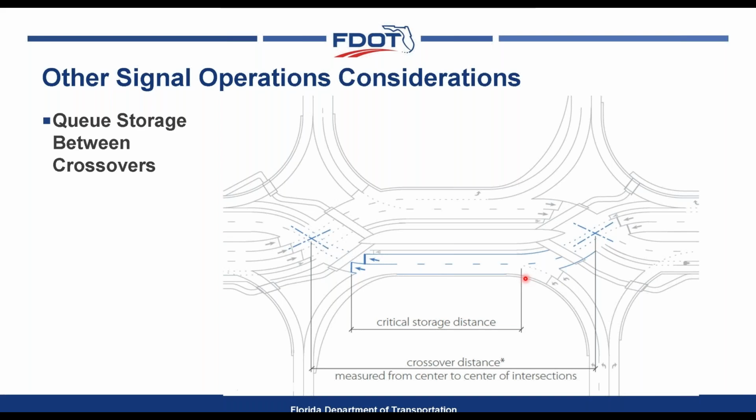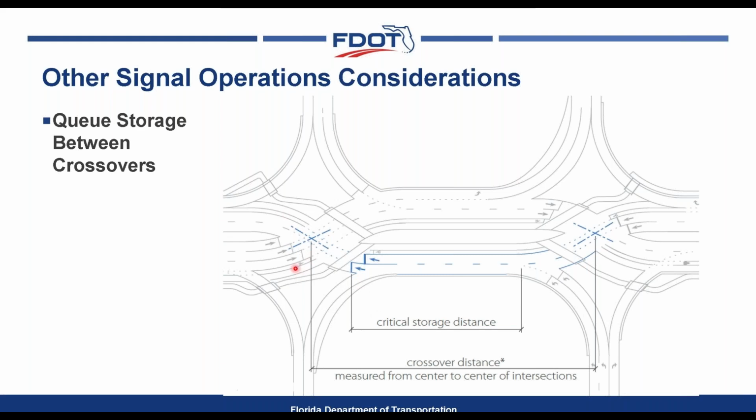Signal timing will need to be geared towards minimizing the number of vehicles stopped between the crossovers. In this case, the 3 critical movement phasing strategy lends itself well to this condition, since both the through movements along the corridor as well as the left turn movements from the exit ramps are being progressed through the downstream crossover. So ultimately, if through the analysis you're unable to accommodate the queues between the crossovers,